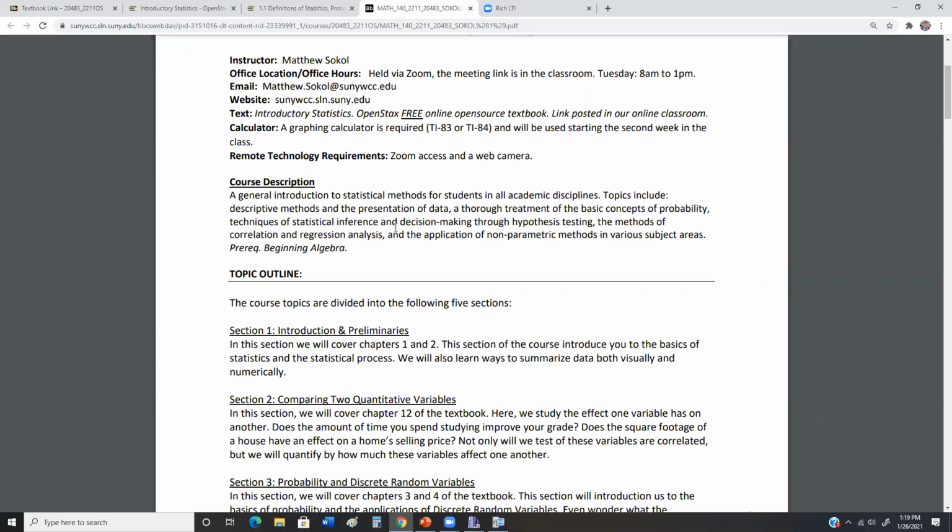And don't stress if you're like, what the heck is hypothesis testing? What is non-parametric methods? I have no idea. Don't stress about any of that right now. By the time we cover these topics, I promise you I'll present it in a way that is very, very easily consumable and understandable.